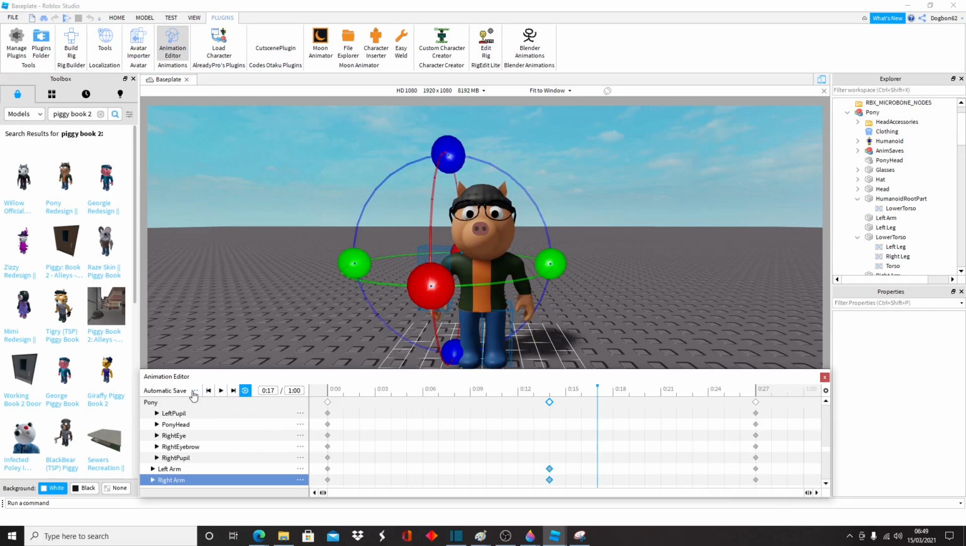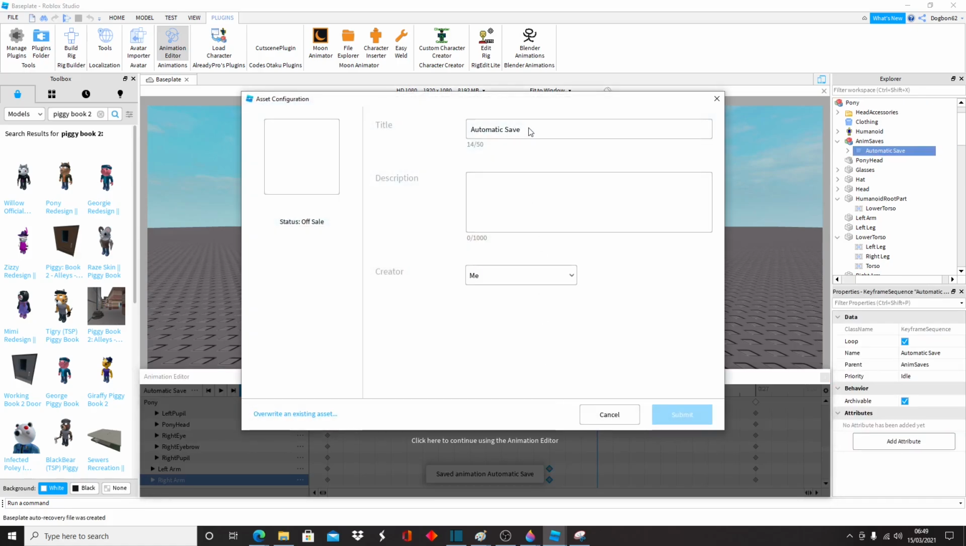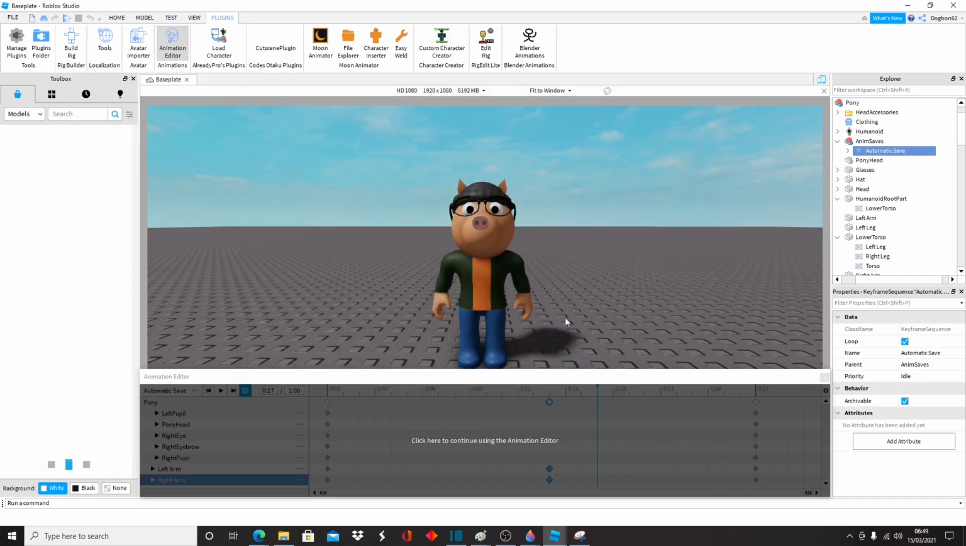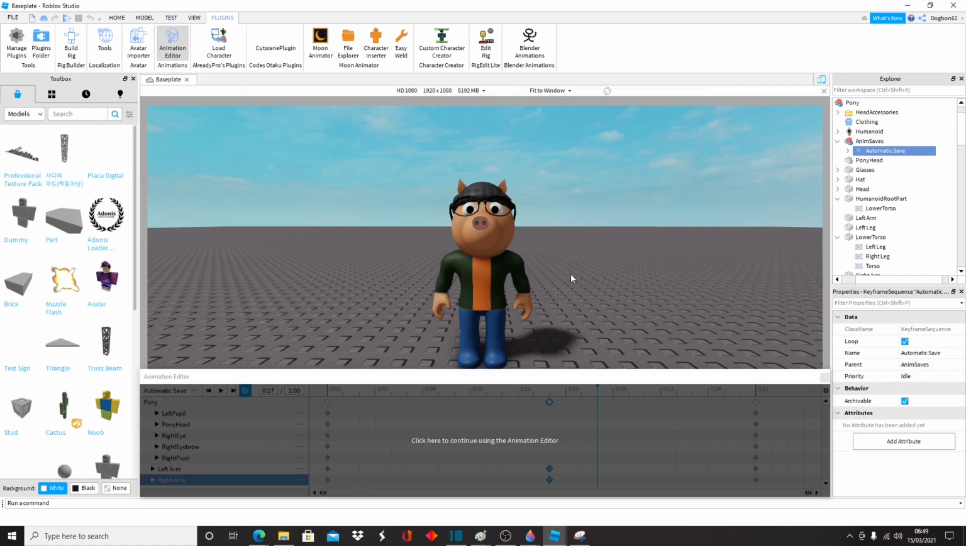So if we stop that, we want to click on the three dots there, set the animation priority to idle. You've got the action movement idle, so select idle, and then we want to export. I'll call that pony test idle, and then it doesn't matter here, just put idle and submit, and then you've got your ID number. So copy that and close that down, and then